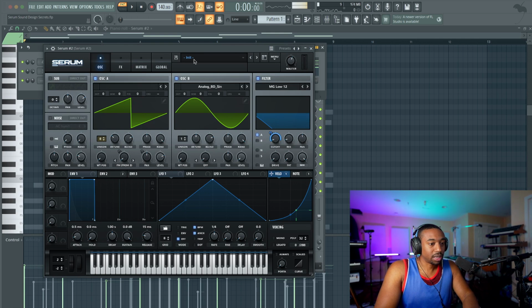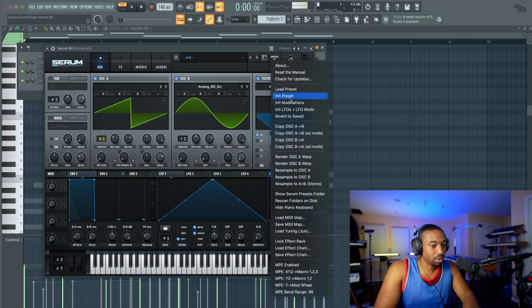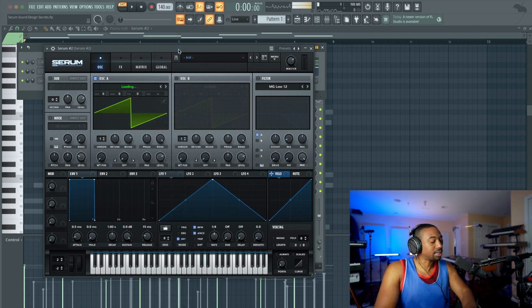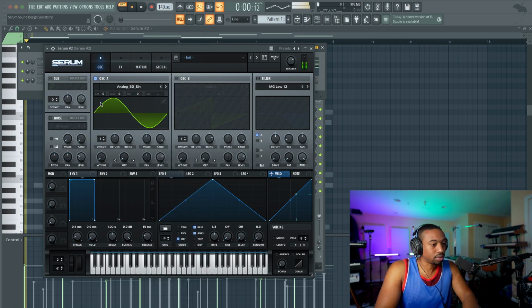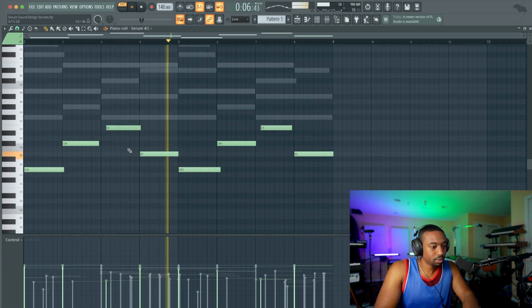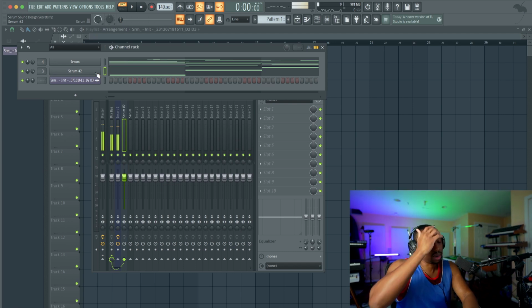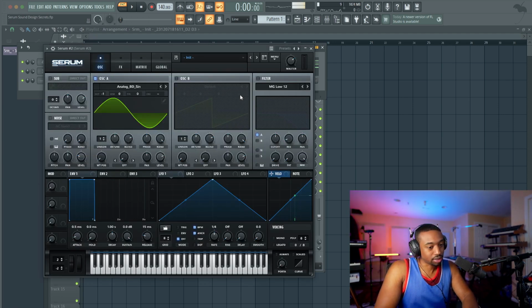Okay, so from here, we can now go inside the sound. We're gonna go to menu, initialize the preset to start from scratch. Now, when I'm in bass, I usually start with the sine wave to have the smoothest bassy tone. And you can lower the oscillator here. So you really don't need to do much with the sound. It just sounds full already. Remember not to overly do it, because if you overly do the harmonics of the bass, it will clash with the other sounds. So, but I'll show you a couple things you could do.